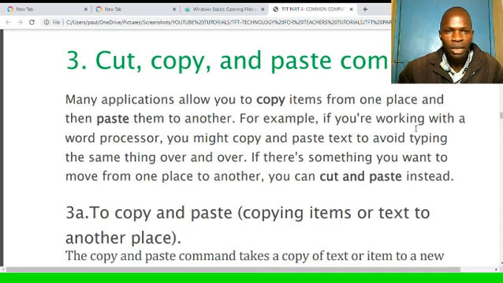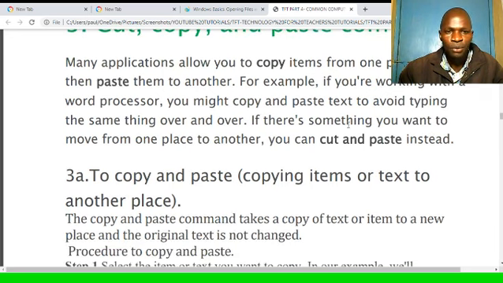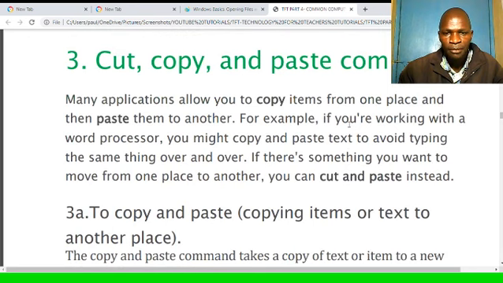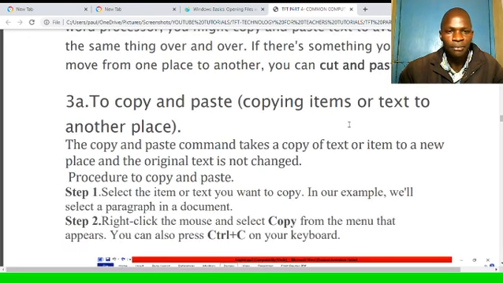For example, if you are working with a word processor document, you might copy and paste text to avoid typing the same thing over and over. If there's something that you want to move from one place to another, you can also cut and paste instead. So there are two options: copying and pasting, and cutting and pasting.